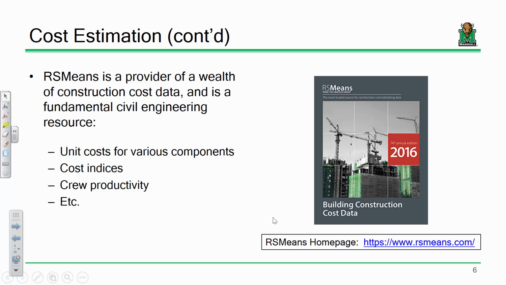Now, I mentioned this term RS Means. RS Means is basically, their main job is to provide cost data on construction. That's what they do. They are a very fundamental civil engineering resource. They are used quite readily. You can go to their website. They have unit costs for various components, and it's not just materials, it's labor, it's equipment, it's crew productivity,